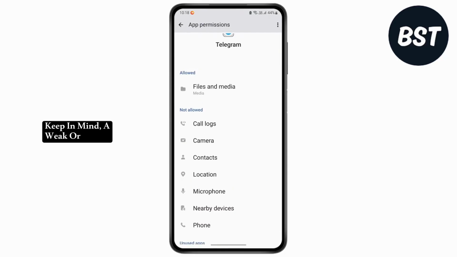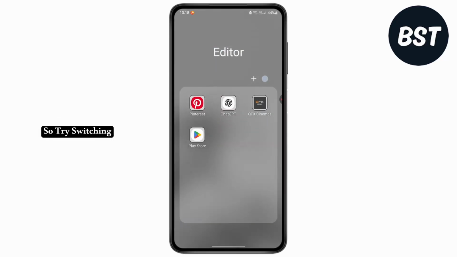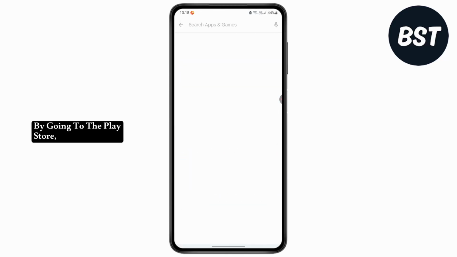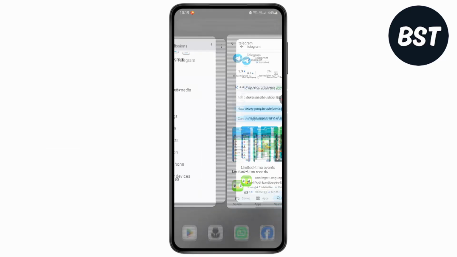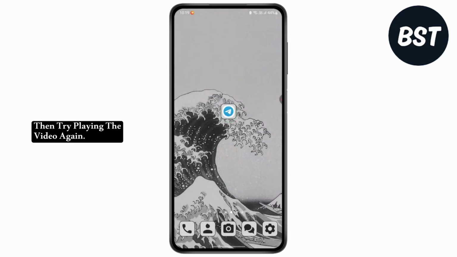Keep in mind, a weak or unstable internet connection can also stop videos from loading, so try switching between Wi-Fi and mobile data to see if that resolves it. After this, check if there's a pending Telegram update by going to the Play Store, since outdated versions can sometimes cause playback issues. Finally, restart your device once you've cleared the cache and confirmed permissions, then try playing the video